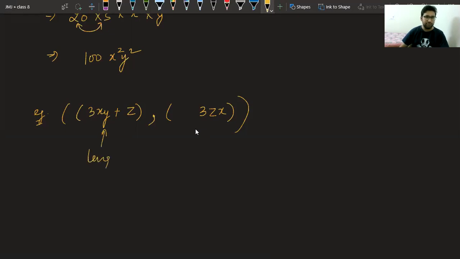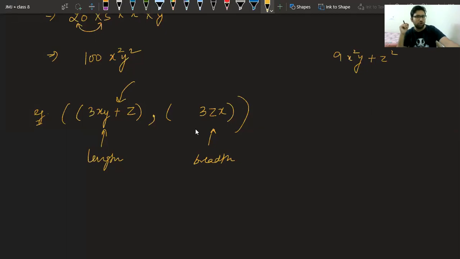This is the length and this is the breadth. Again, you have to multiply using the distributive property. So please be careful giving the answers. I don't want any wrong answer from your side. Please be careful. Don't hurry. No, Vaibhav, that's why I'm telling you, na. You have to consider the plus sign now. It is a question based on the distributive property. So someone gave the answer as 9x square y plus z square. Others, please try. I think Soham, you are not correct. Others, please try. Soham, you can check again. What is the issue?